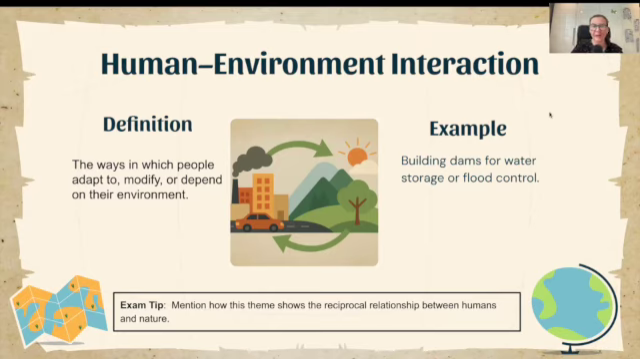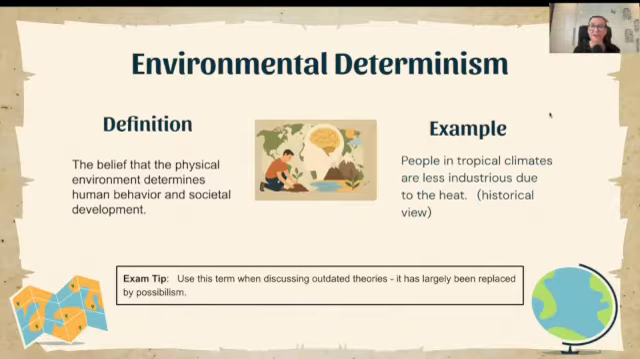So the definition is the ways in which people adapt to, modify, or depend on their environment. For example, building dams for water storage or flood control. Here's an exam tip. Mention how this theme shows the reciprocal relationship between humans and nature. Okay, we're going to look at environmental determinism, the belief that the physical environment determines human behavior and societal development. So, for example, people in tropical climates are less industrious due to the heat. This is a historical view. So, use this term when discussing outdated theories. It has largely been replaced by